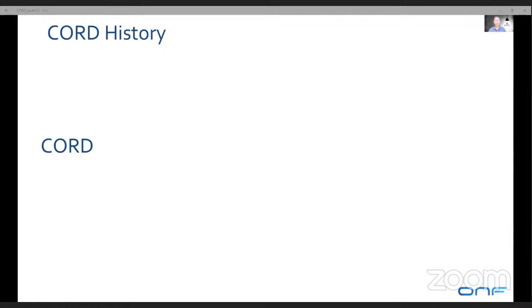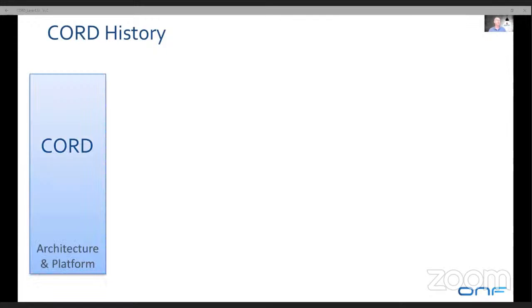So to do basically a little bit of a retrospective. The history is that Cord started out as an architecture and a platform. It was a set of architectural principles that we were designing a system, and we built out a software platform that embodied those principles. So if you go back to the original literature from 2016, those architectural principles, basically